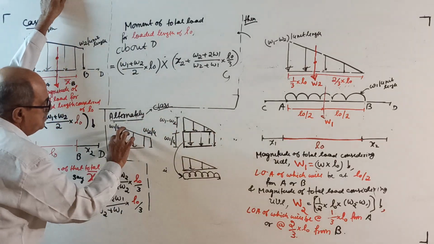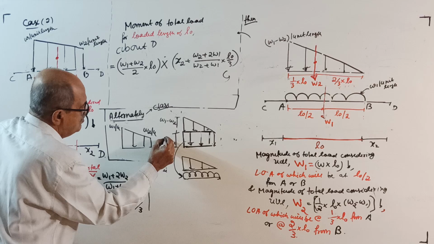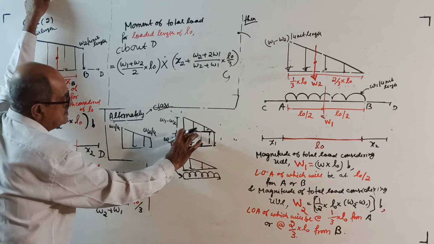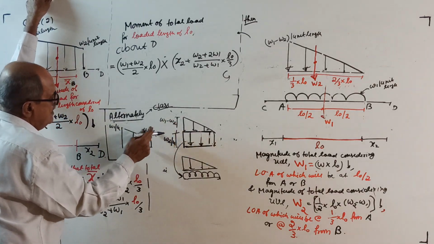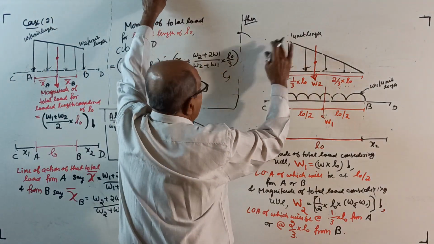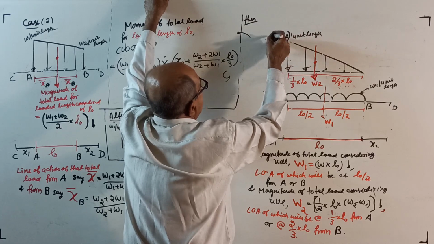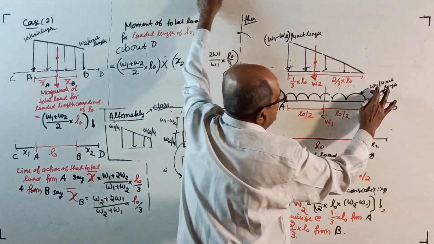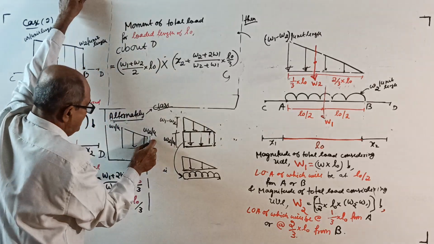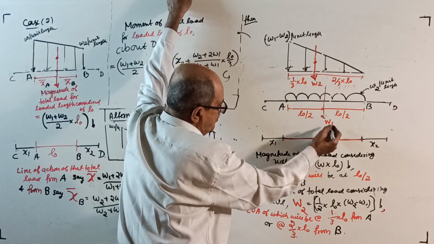See, this is W2, not W1 now. This is W2 per unit length. Be careful. Last time this was W1, W2. This is W1 minus W2. So here, this will become, I already wrote it here. This is W1 minus W2 per unit length. This is not W1, it is W2 per unit length. Why? See here, W2. This way. Okay, now, W2 magnitude, this magnitude equal to,